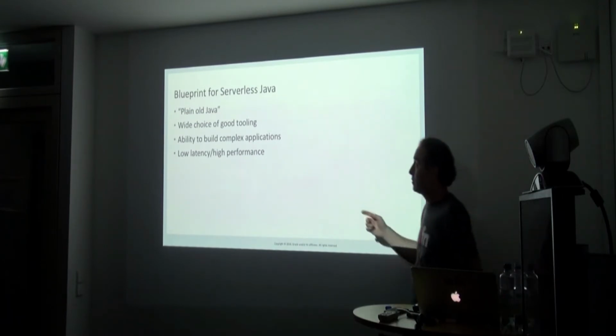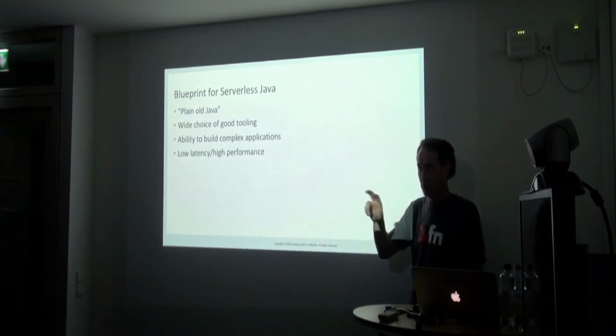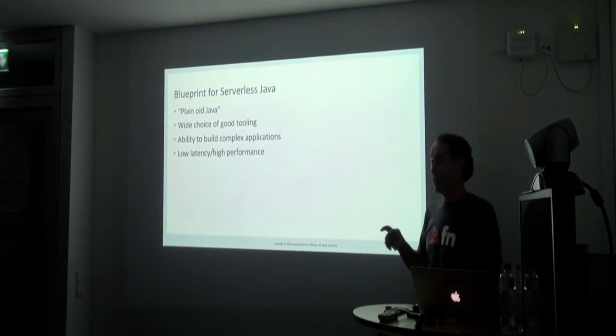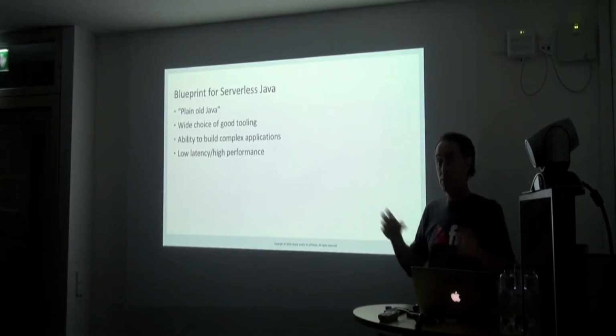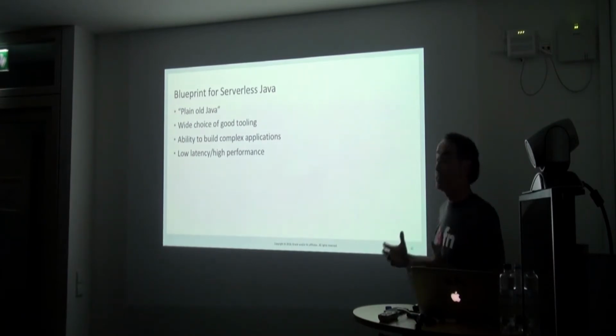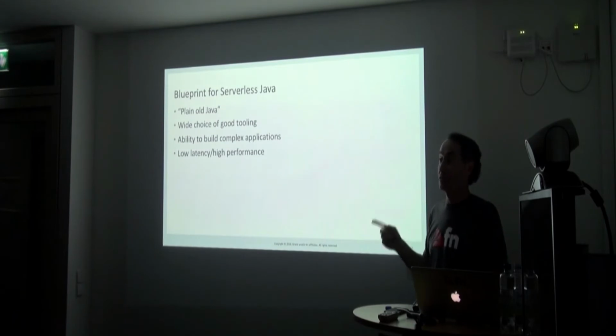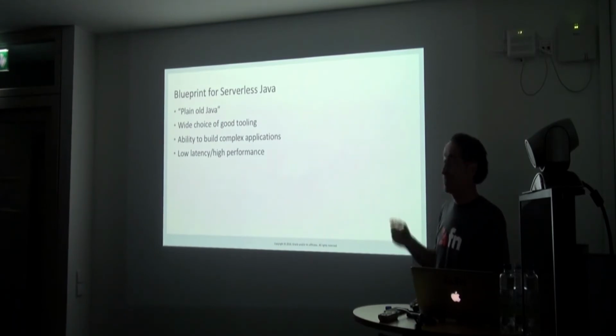And I want to build complicated apps. So far we've talked about functions as these little standalone units of work. But really that's not an application, right? In an application, you're composing together functionality to build higher level services. So there needs to be an easy way to combine them together. And the last thing is this low latency, right? So for Java, we have to have low latency. Java has to start fast, has to run fast, because of this environment it's in.